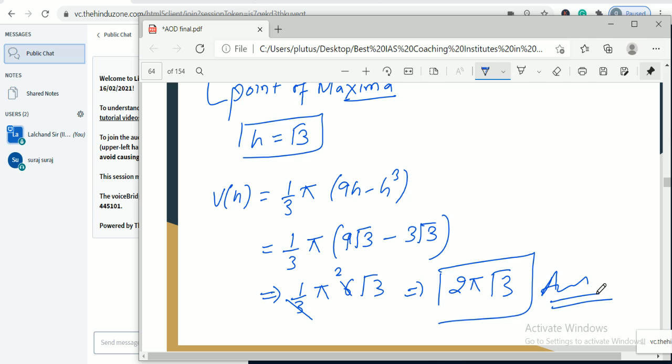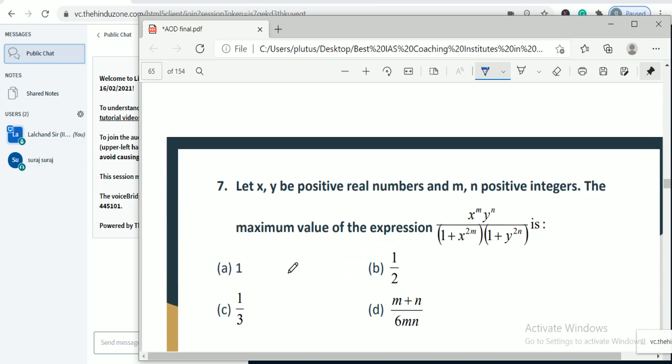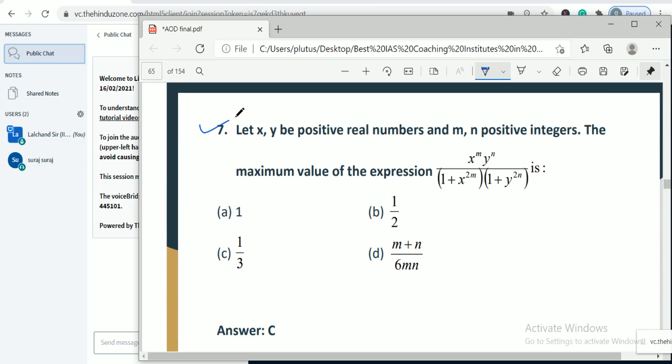These kinds of questions are asked based on geometric problems on maximum. Is there any doubt in this question? Okay, fine. Let us try to solve some more questions. Try to solve this question. This is a very easy question. This option is 1 by 4, not 1 by 3. Try to solve this question.